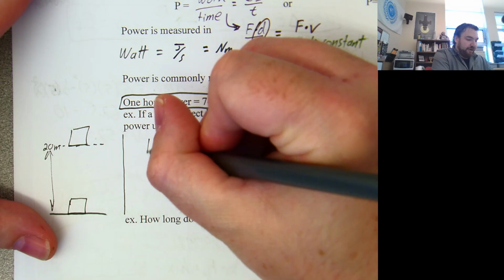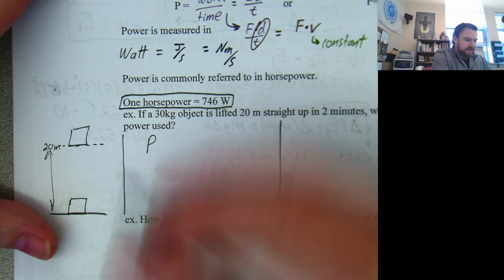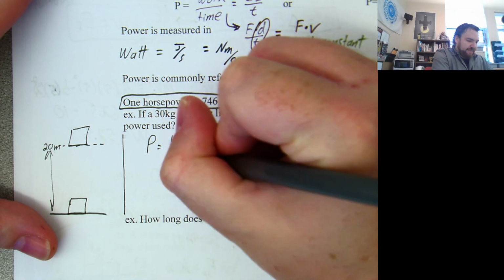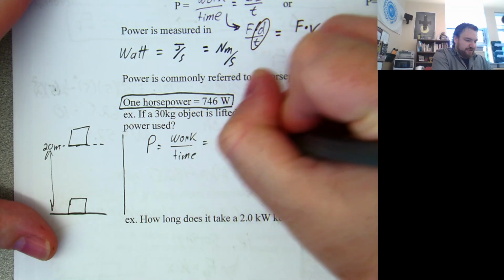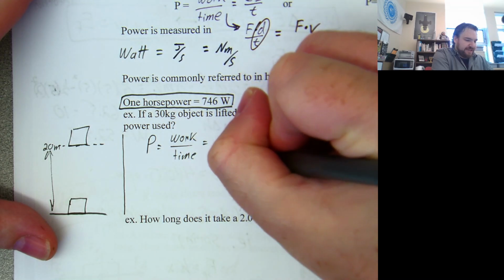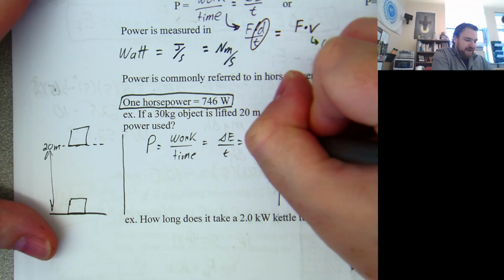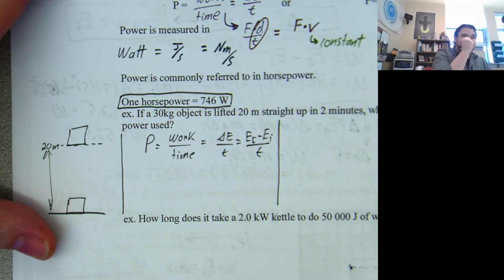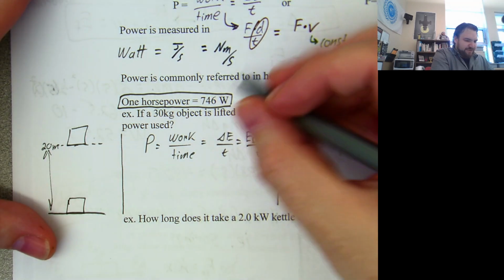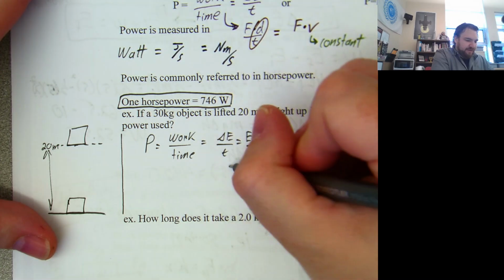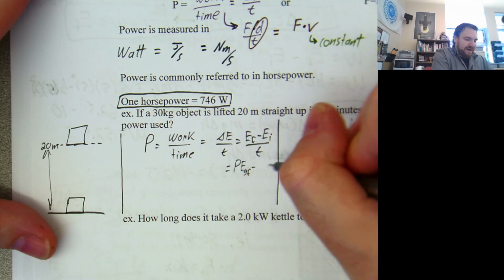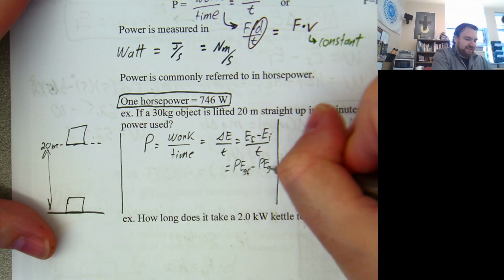So power, P, is going to equal the work divided by the time, which is going to equal the change in energy divided by the time, which is going to equal energy final minus energy initial divided by the time. And so then this is going to be potential energy gravitational final minus potential energy gravitational initial,